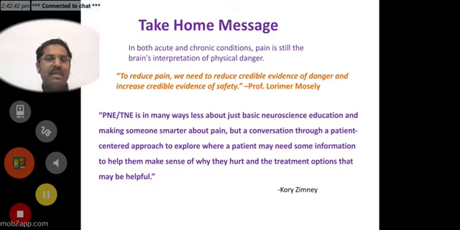We need to understand that pain is a multi-dimensional aspect. It is not only about the injury, and we have to understand the psychology of the patient, the sociology. It is called the biopsychosocial model of pain. So that will definitely have a very good effect on patients' chronic pain, and I hope that